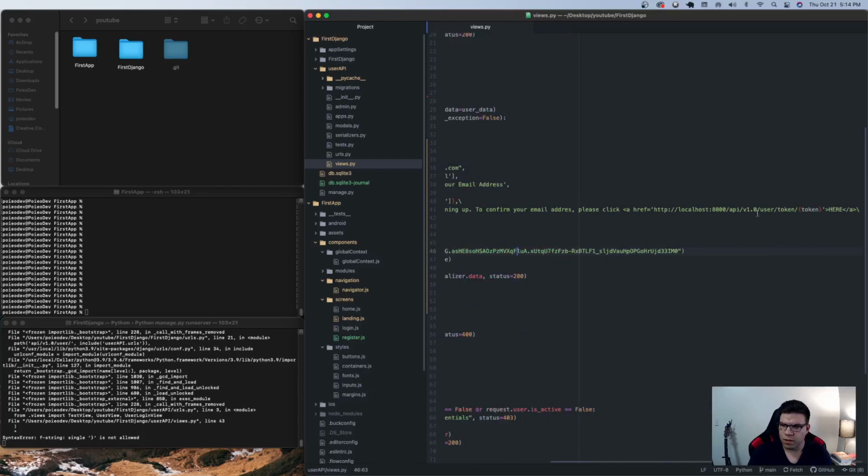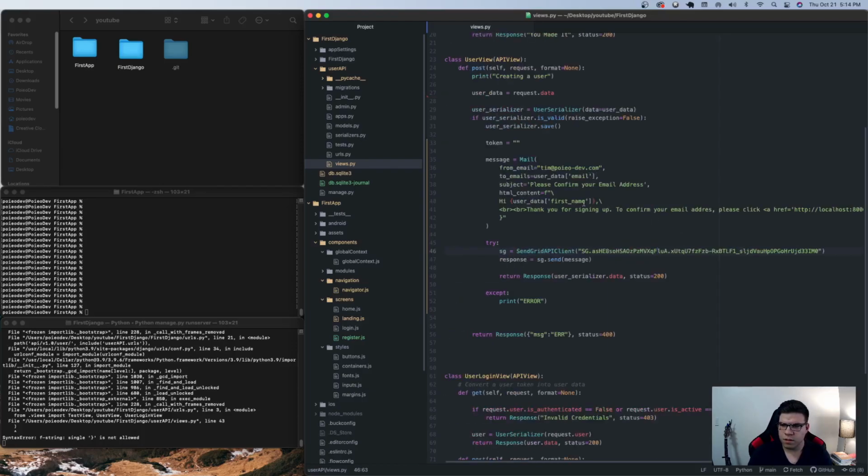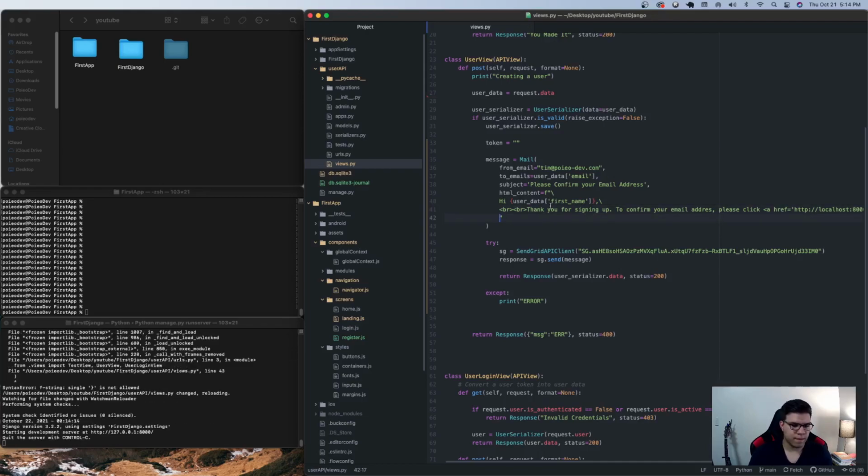Oh, I'm missing a, let's see. Oh, I got that bracket. Okay. Oh, I got that weird thing. Okay. So now, for the sake of creating the tokens,